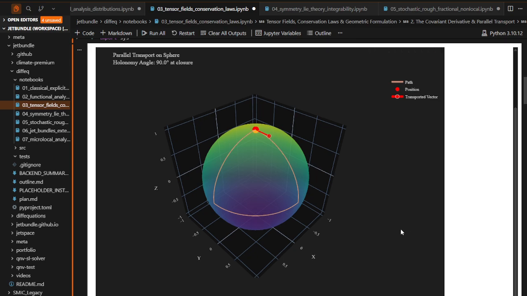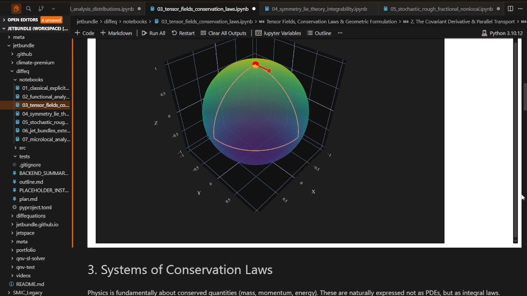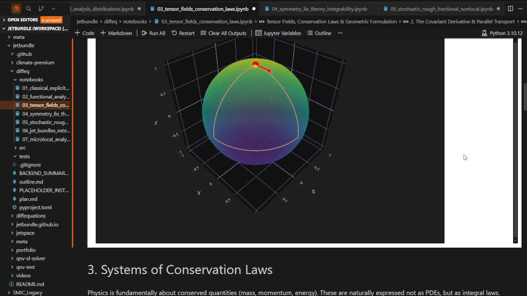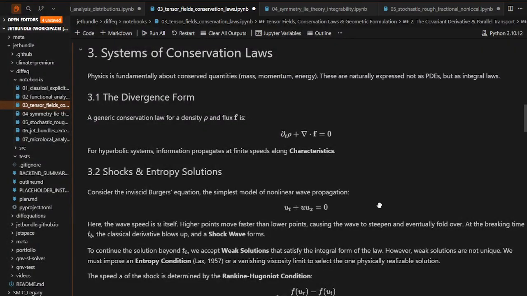So now we're going to link this concept to conservation laws, where transport ideas, like parallel transport, appear in how quantities flow without grids. For example, conservation laws. Physics boils down to conserved stuff: mass, momentum, energy. These actually aren't partial differential equations first. They're actually integrals of motion, and what these allow us to say is what goes in must come out, and they're invariant